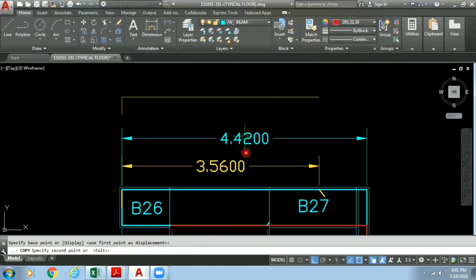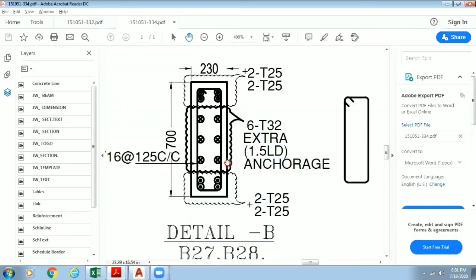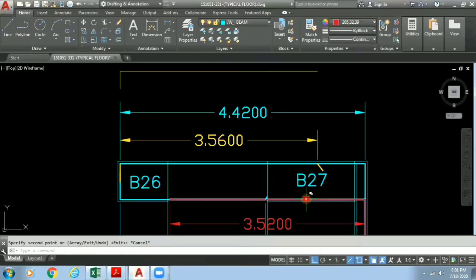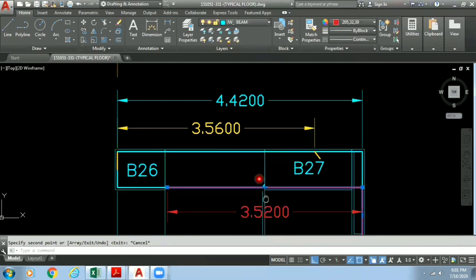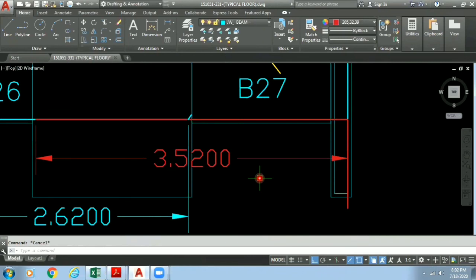So I have moved this. Now for beam 27, we have to refer to this detail, right? We have 4 numbers of 25 mm bars. Again, here we have 4 numbers of 25 mm bars. Can you see this? Now, here we are facing one L. The thing which I was always saying, we use an if statement to check whether we have that particular kind of L or not. So here is the case where we have got one L-shaped projection, which is also shown in the drawing. So let us check how much L is this.